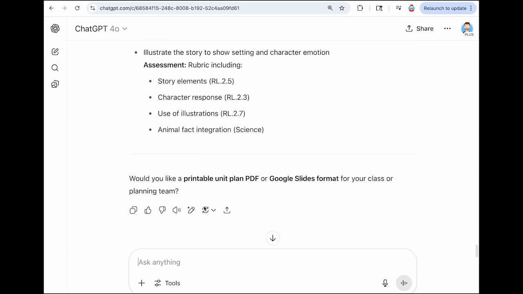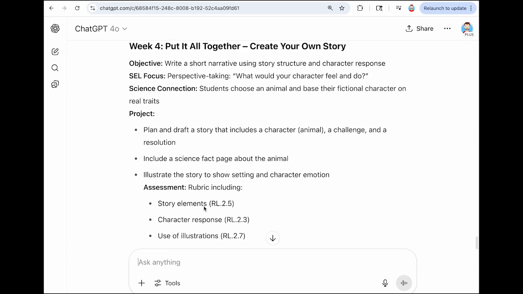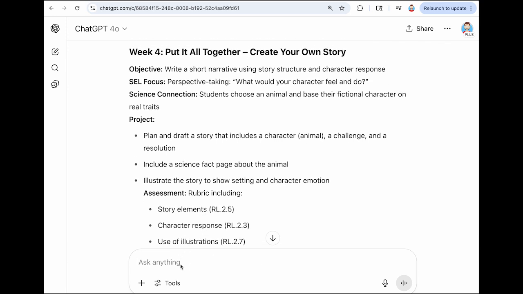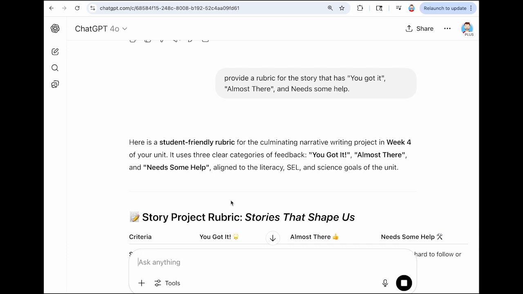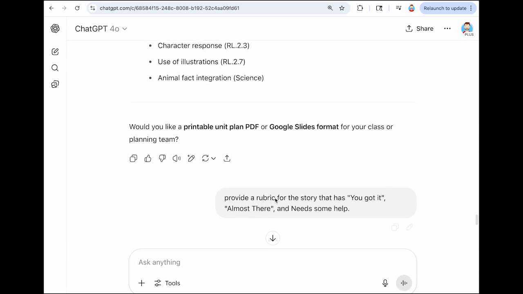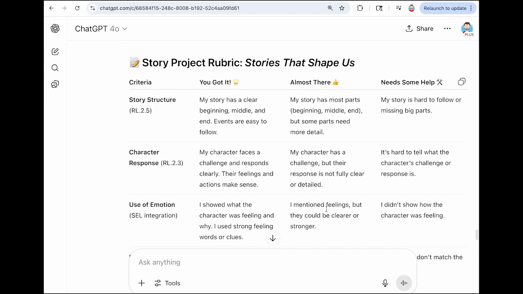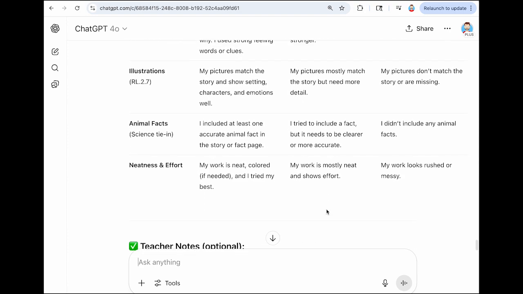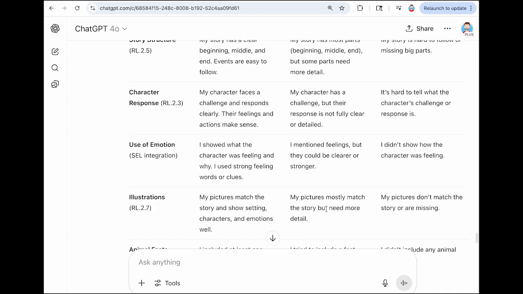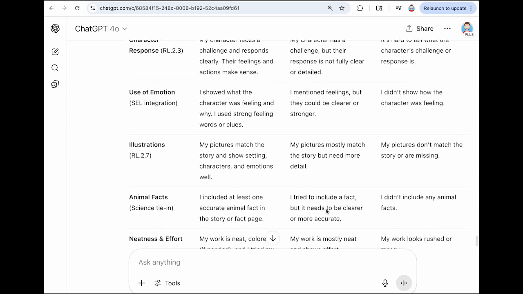Now, one thing I would like to do is for this, putting it all together, creating your own story, I want to provide a rubric. Rubrics are not the most fun thing to create. So I've got provide a rubric for the story that has you got it, almost there, and needs some help. And it has provided to me a rubric with story structure, character response, use of emotions, illustrations, animal facts, and